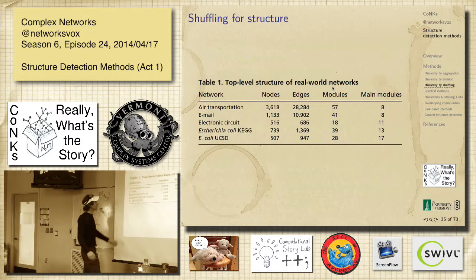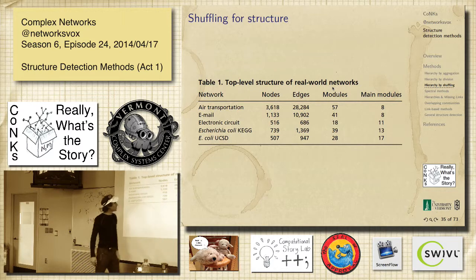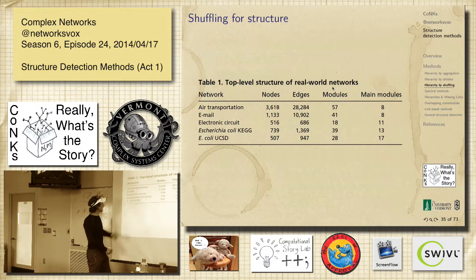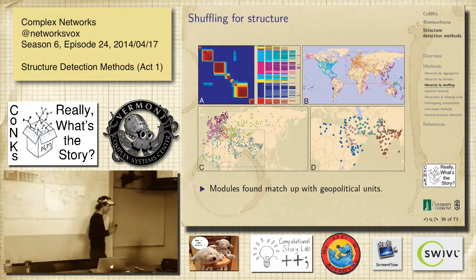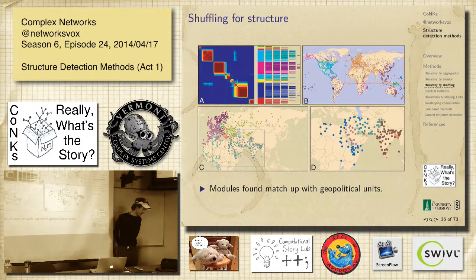They did a whole bunch of things, right? So the biggest one was 3,000 nodes. That's pretty big, 28,000 edges. I mean, if the thing's going to chug to a halt, then that would be a good test. E. coli's in there. Let's have some E. coli, email interactions, and electronic circuits. All right. So they're able to have some fun with this.